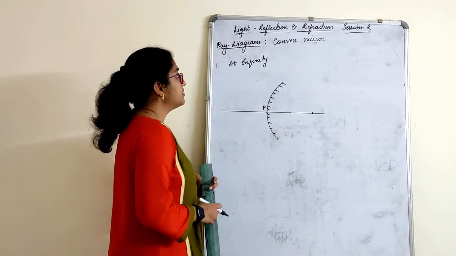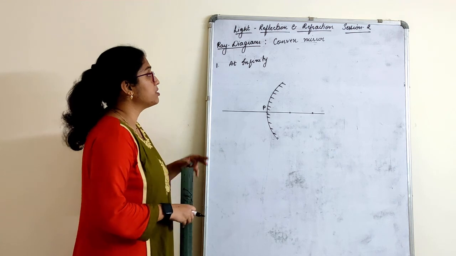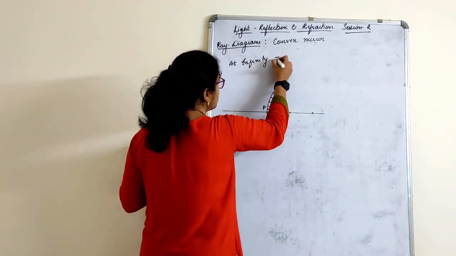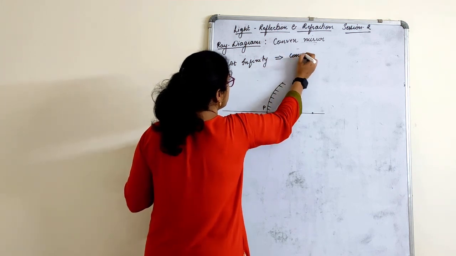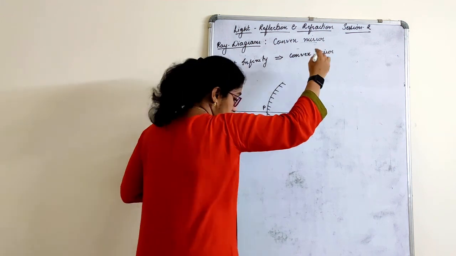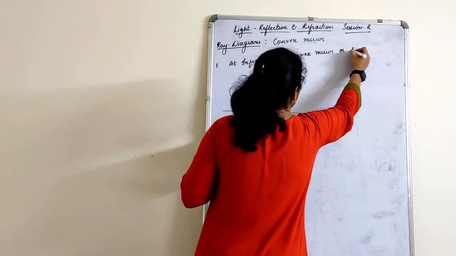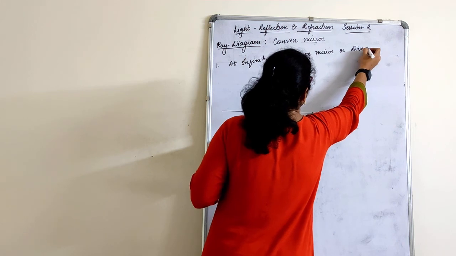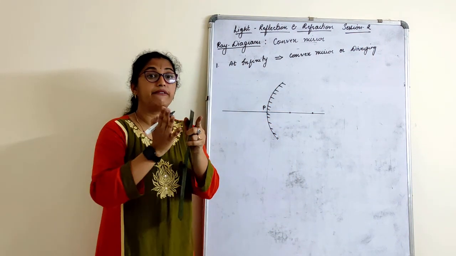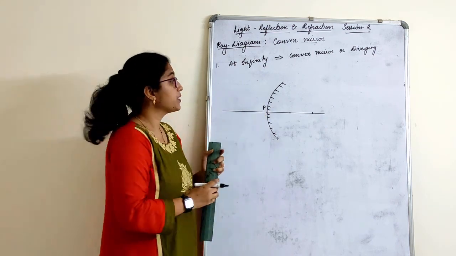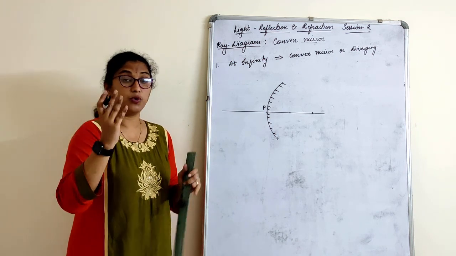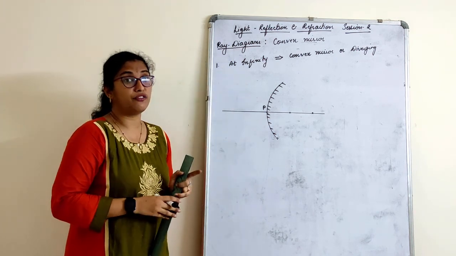So we have only two ray diagrams for convex mirrors, and the object is kept at infinity. This is also known as convex mirrors are diverging. Converging is when they meet at one point, diverging is when they move apart, right? So again, it is kept at infinity. Infinity is where? Somewhere, we don't know, but from somewhere parallel beams of light will come.